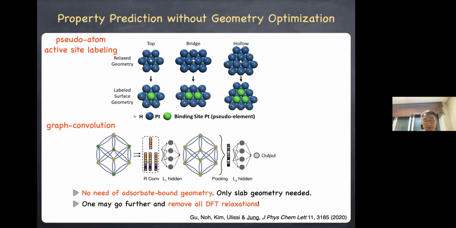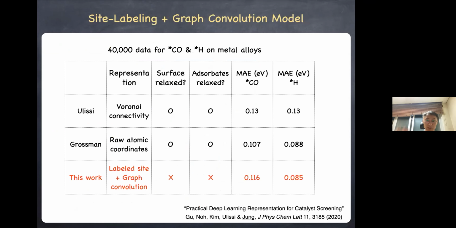Instead of encoding the adsorbate-bound structures, which need to be optimized, we just encode these slab geometries with the active sites labeled as different fake atoms. By doing that, you can remove the geometry relaxations of the adsorbate-bound structures. Even these slab geometries can be obtained from the bulk optimized structures from, for example, the Materials Project database. Then you can completely remove all DFT relaxations associated with the prediction of binding energies.